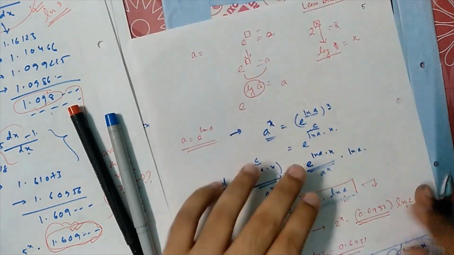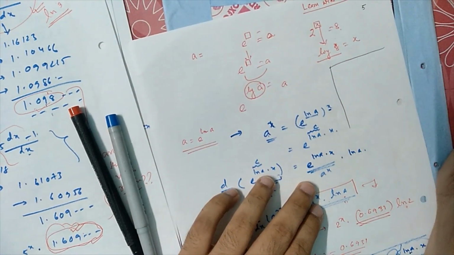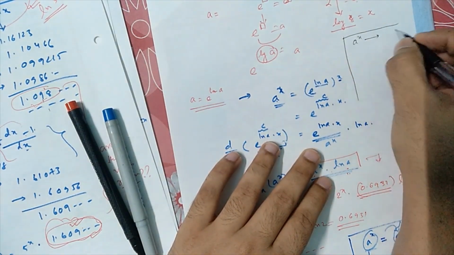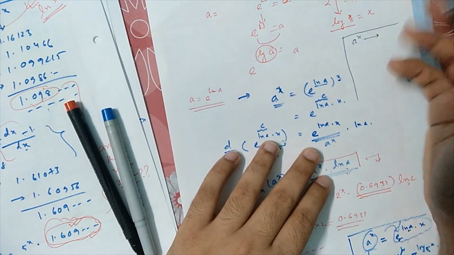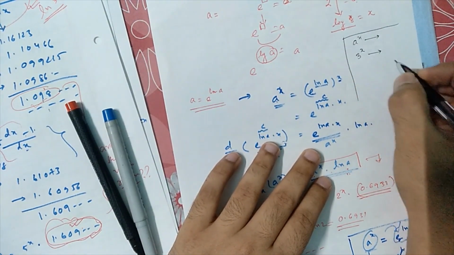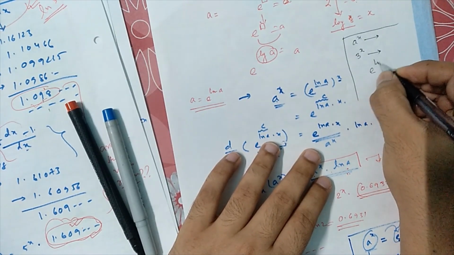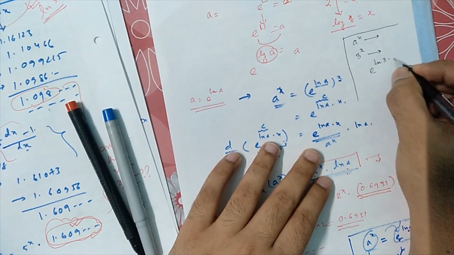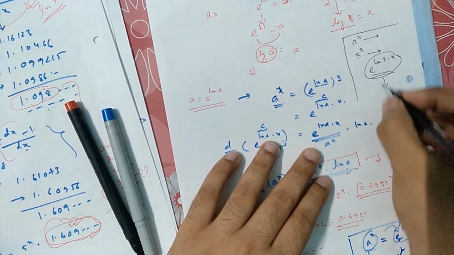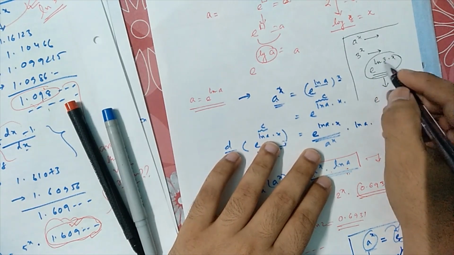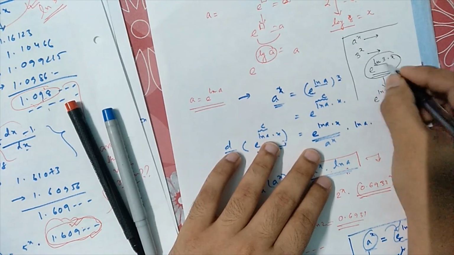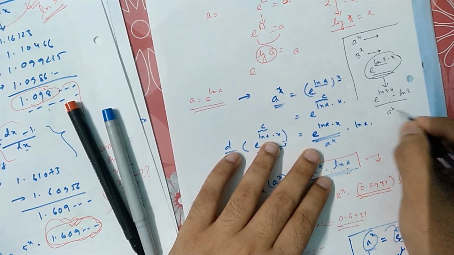So in actual science, mathematics, physics or chemistry, we convert any exponential into e raised to something. So suppose you are given 3 to the power x, we will convert it to e to the power ln 3 into x. Okay, so if we get this, then its rate of change is very easy. It will be e to the power ln 3x, that means itself, into the constant part ln 3, which is nothing but 3 to the power x into ln 3.